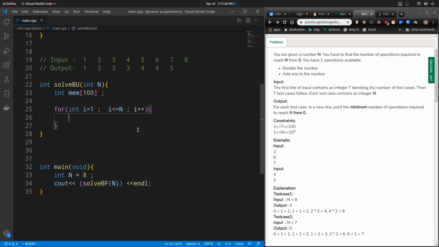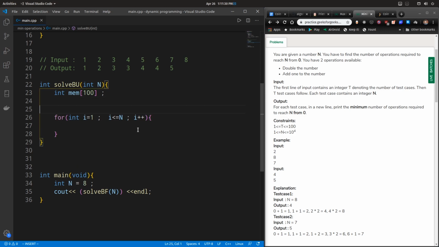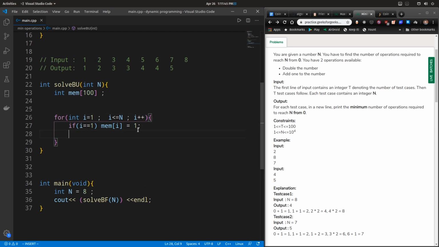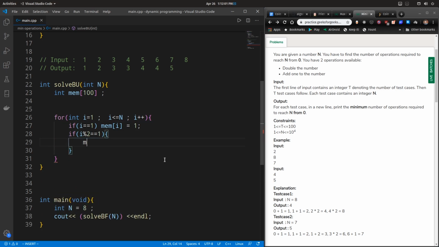Let us apply the same logic in programming here. Initially when I is 1, that is our base condition. When I is 1, we store 1 in the memory because we know the solution. For all other values of I, if the given problem value is an odd number, then I have no choice.